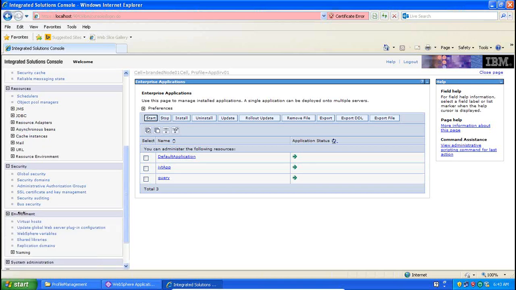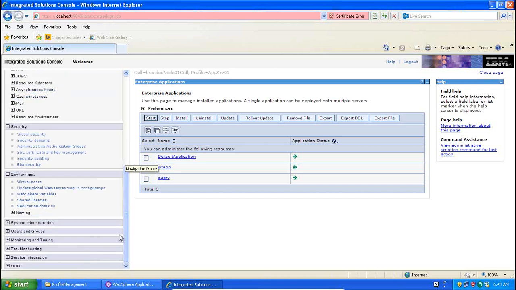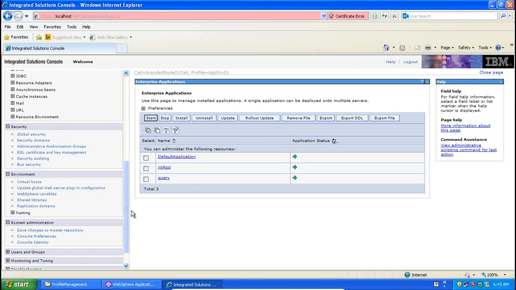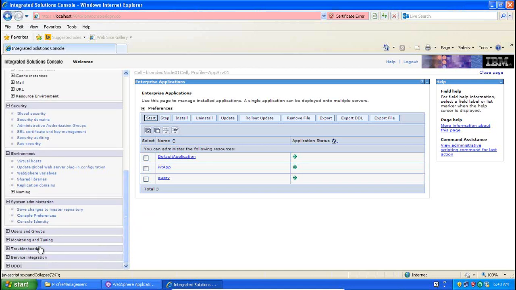Environment variables we configure here. Administration will not be there much in standalone. Administration we'll see in ND more. Here you won't have anything much, leave it. And here security, users and groups creation, performance monitoring and tuning, troubleshooting, JMS configuration buses, everything we'll see here.